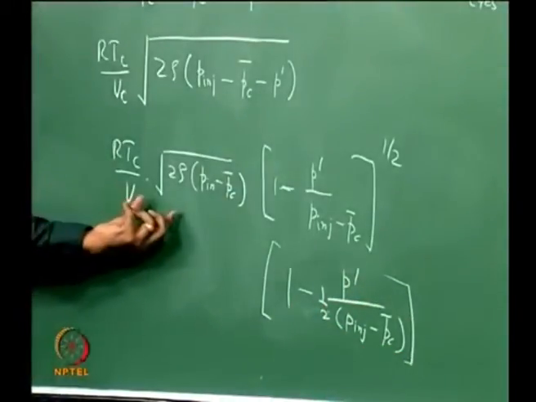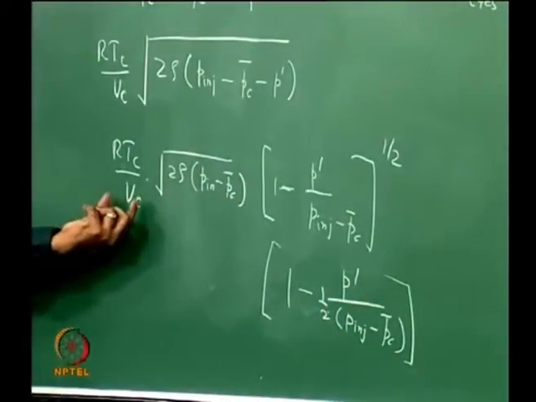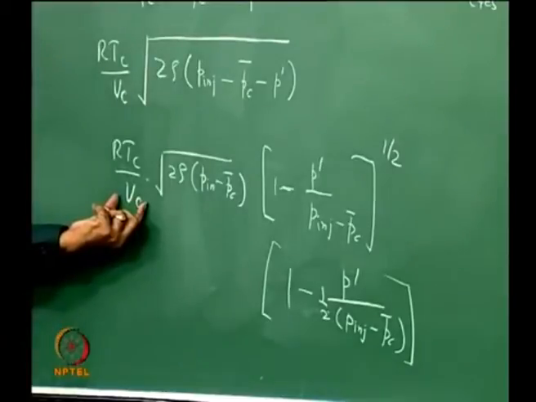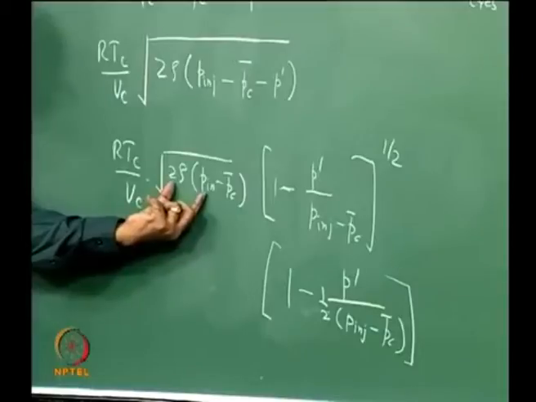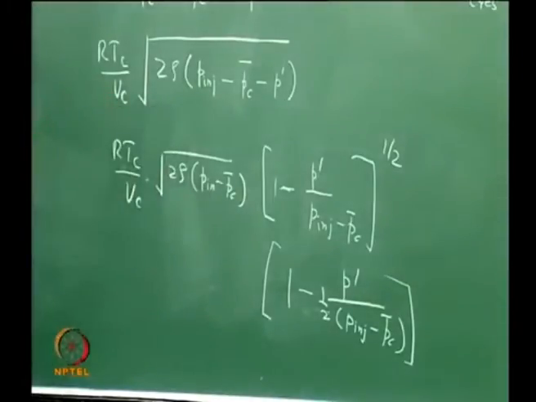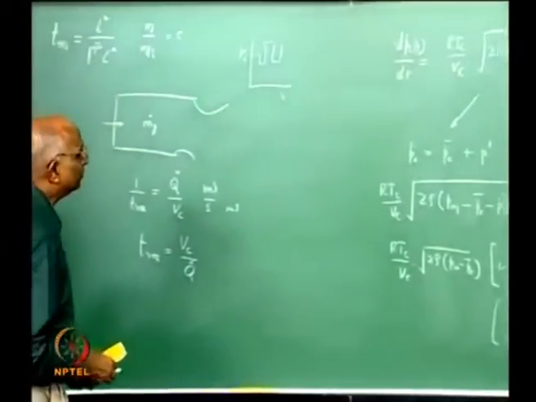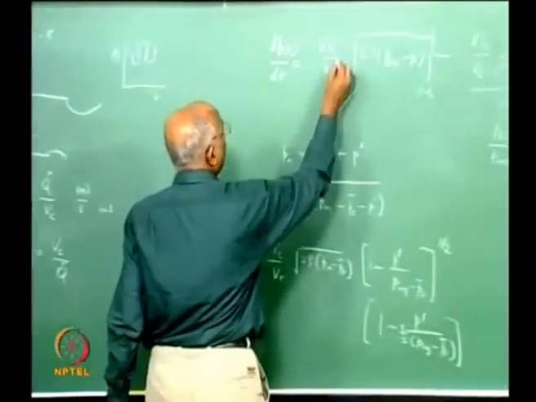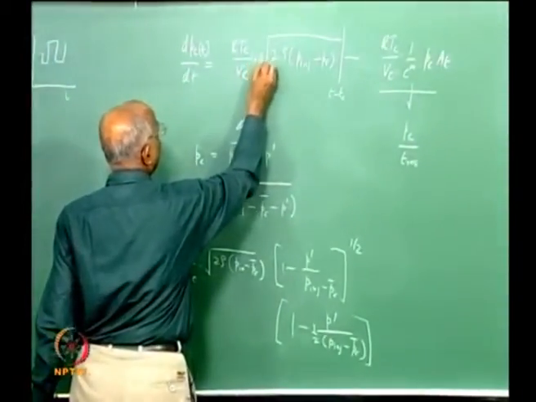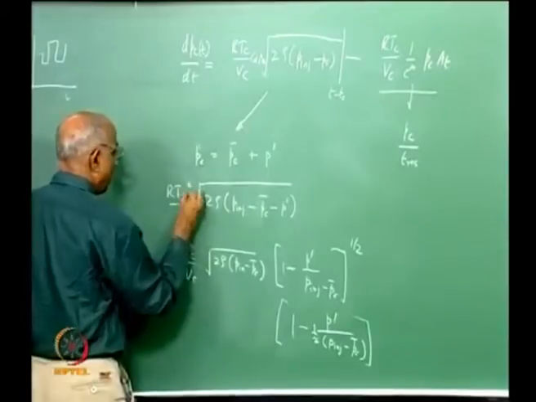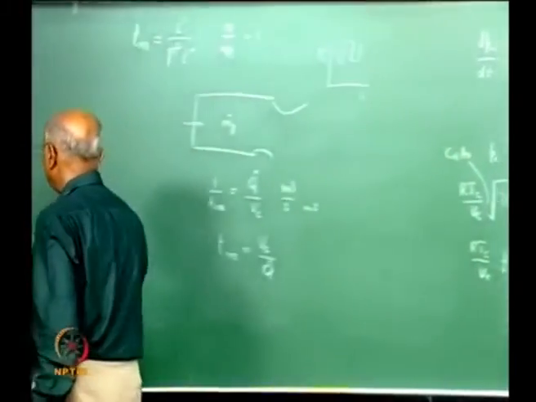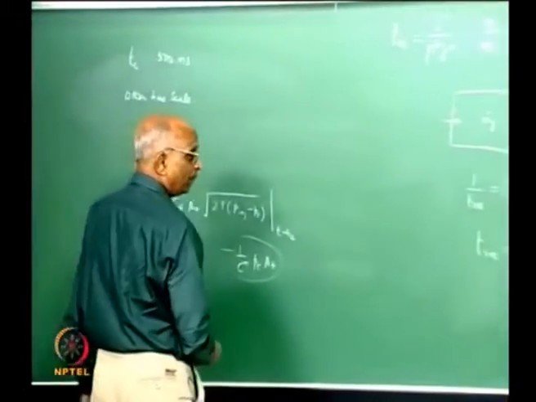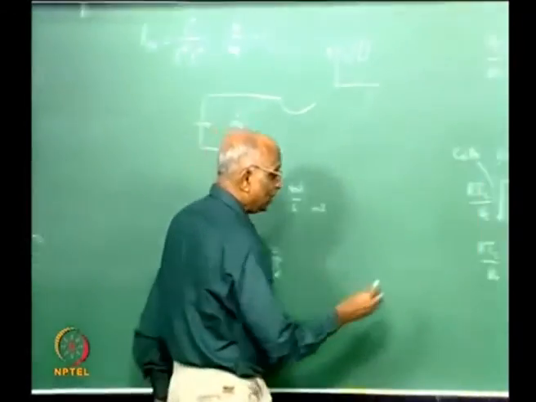And what is the value I get over here? Let us see, RTC by VC, we have just now seen what it is, and what is the value of this 2 rho into PC? Somewhere we dropped the value of CD. Where was CD? We should have got mass which is going CDA0 here, that means I should have had CDA0. Why did we drop this? We should have carried it forward, and if I take the value of CD